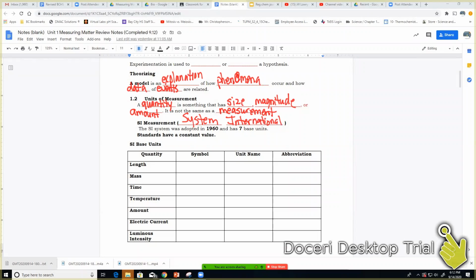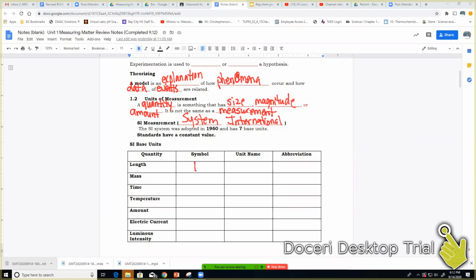It's kind of shorthand for the metric system. It was adopted in 1960, and it has 7 base units. Standards have a constant value. The base unit is kind of the beginning unit, and then from there, you move the decimal around. I know y'all have done that before in the metric system. And then the standard is something that can be compared to. So starting off with length,